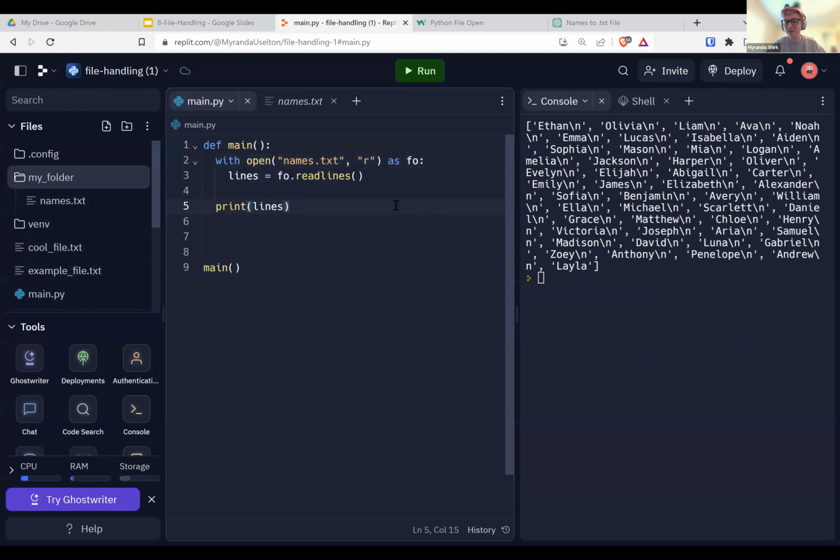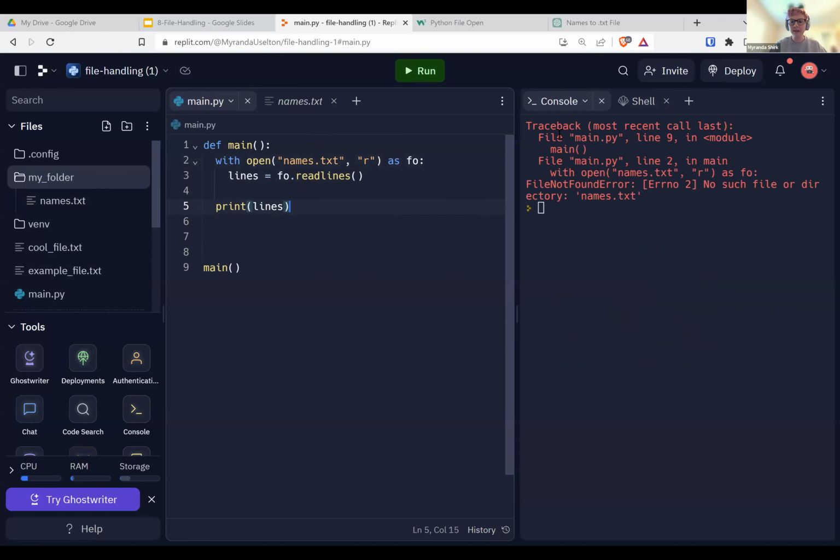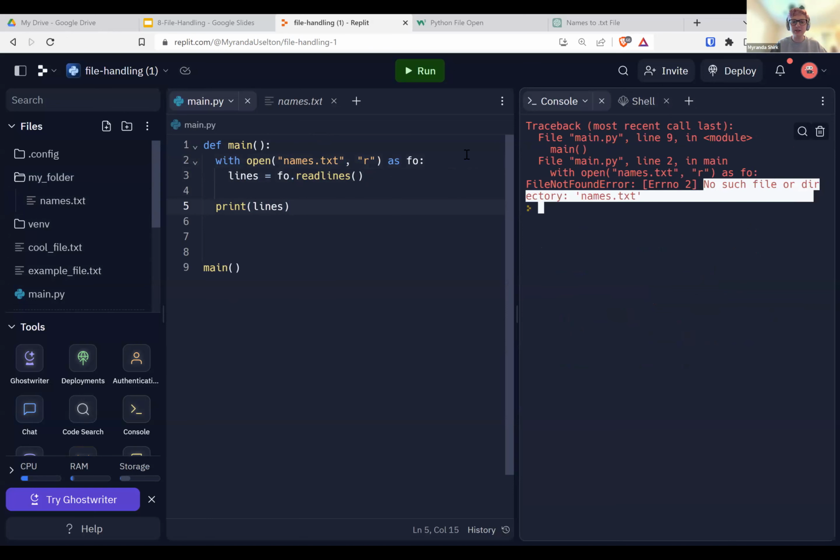It doesn't know it needs to go into another folder. So if I run this again, we get an error and it says file not found, no such file or directory names.txt. And you say, oh, but there is, it's just in another folder. Well, your computer doesn't know that. Replit's computer doesn't know that. Python doesn't know that. So you need to tell it my folder. You need to give it that location.